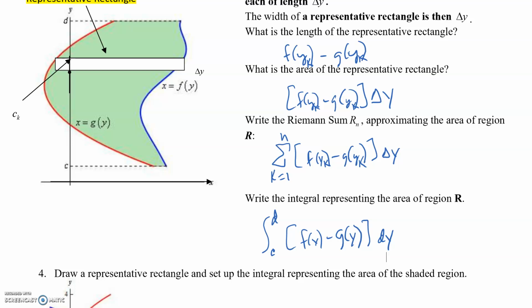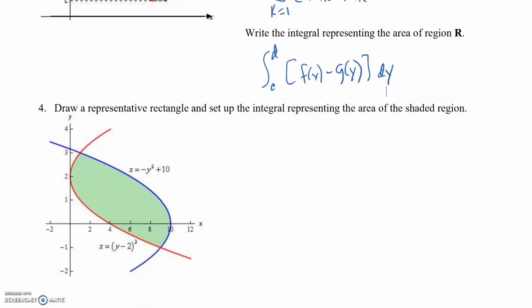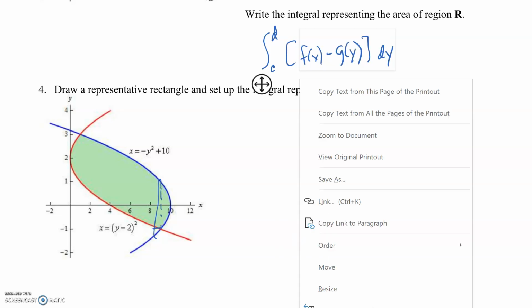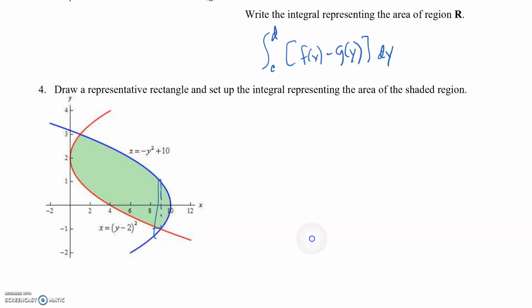Okay, so let's look at an example where I hope you will notice, for example on the AP test, this is going to be up to you. Let's say you have to find the area of that green shaded region. You have to ask yourself, do I want to do this with respect to x or with respect to y? If I start drawing representative rectangles, I hope you see the trouble you can get into when you go, oh, what if my representative rectangle is right there? Sorry, something's going on with my stylus. What if my representative rectangle is